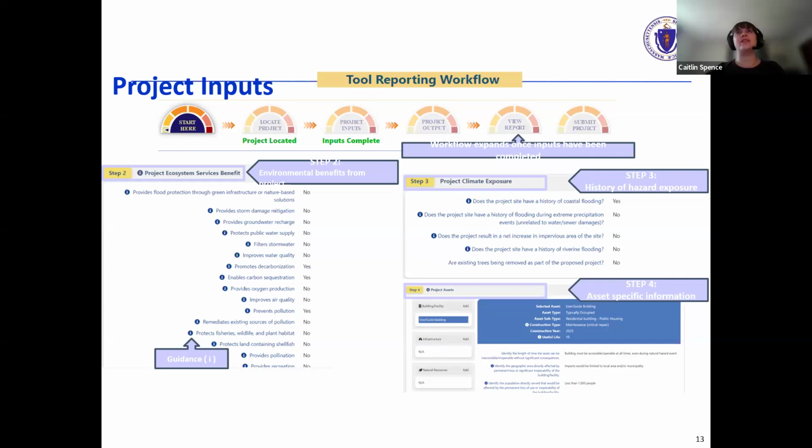The questions related to each asset will address how critical the asset is, how sensitive it is to different natural hazards, and what the consequences are if the asset is damaged by climate change hazards. Next slide.